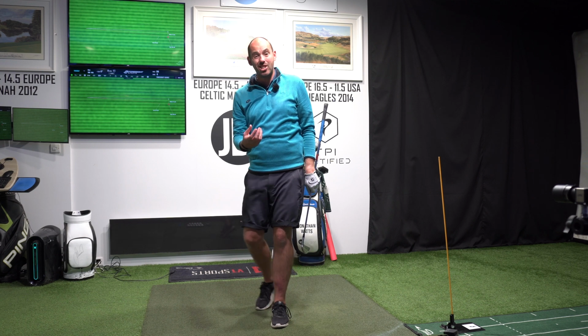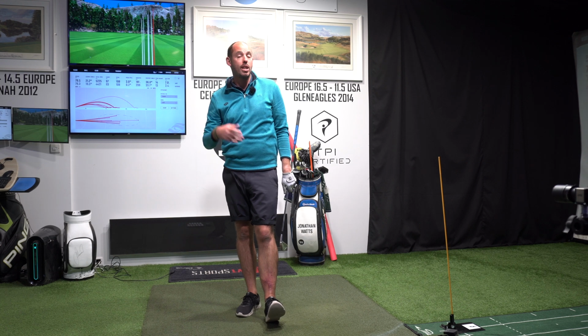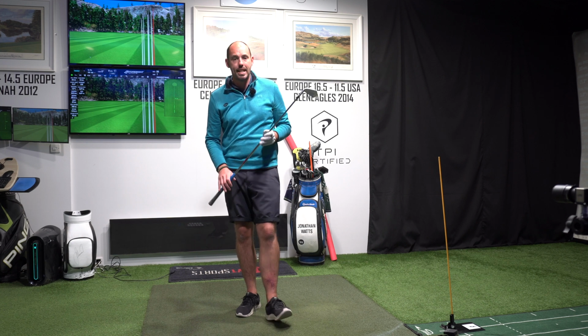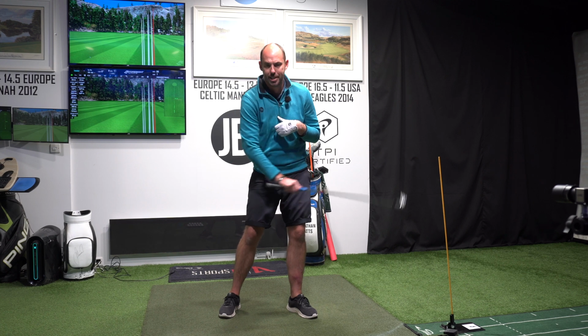It means we're starting to rotate our body. When our body stalls, what happens? We tend to flip, use a lot of hands and arms. And I'm not suggesting by any means that there isn't hands and arms in the release. There 100% is, but we still want the body to be rotating. We don't want the body to stall and shut down and the hands to take over and work too dominant